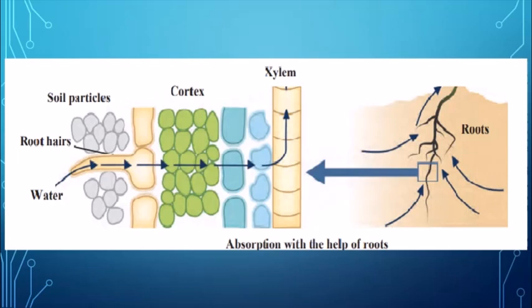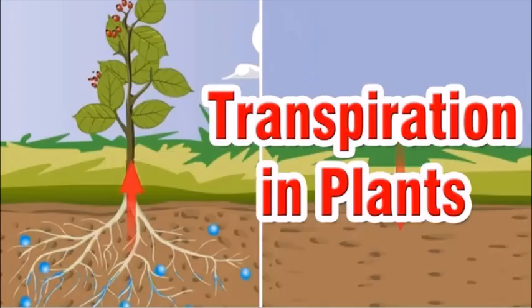So a water column is formed where the continuous movement takes place, which is pushed ahead, and this pressure is almost sufficient for the plant to lift the water upwards. Even small plants or small trees have this type of pressure. So that is why the pressure that is created for the water to be transported in the upward direction through the xylem is called the root pressure, the pressure created in the roots because of the difference in concentration. Next, we will be learning about the transpiration pull,